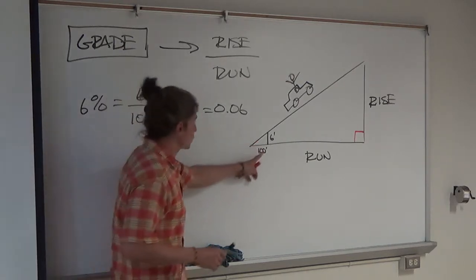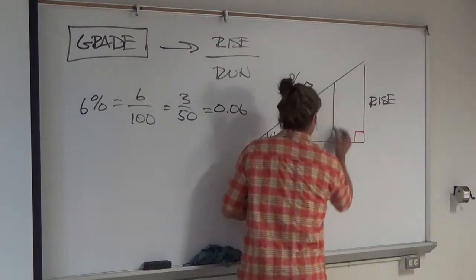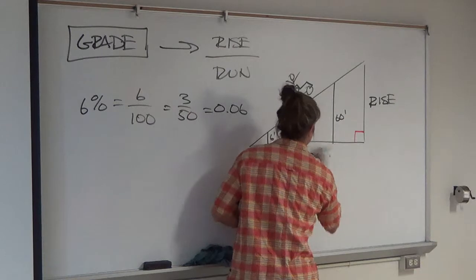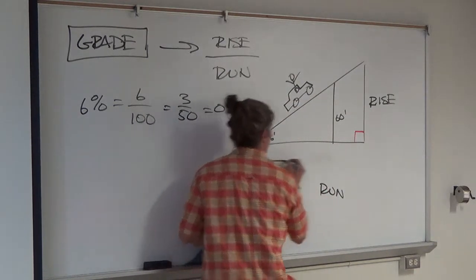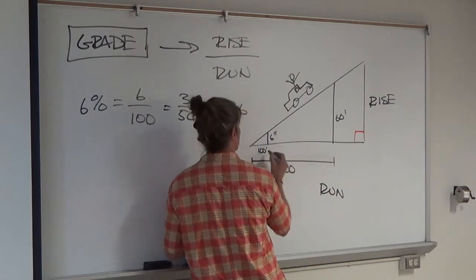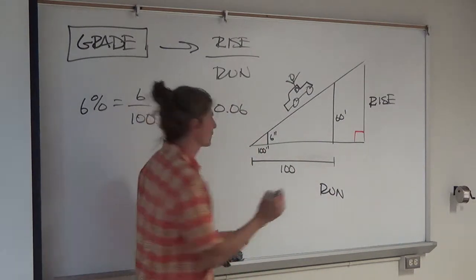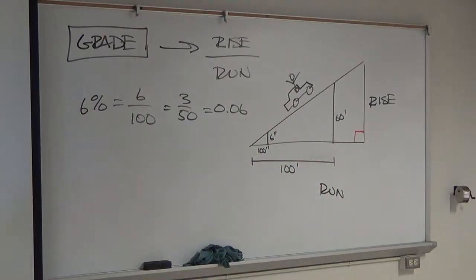So if you go 6 feet to 100 feet, all good. You come out here, suppose this is 60 feet right here. That means the run has to be 100. Oh, this was 6 inches. Did a Spinal Tap reference there, didn't I? 6 inches, 60 feet, 100 feet. It doesn't matter what unit you use. You could use meters, centimeters, miles, use anything you want, as long as you're consistent with both of them.